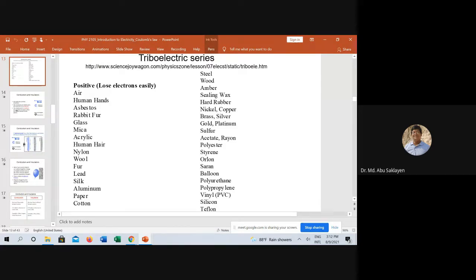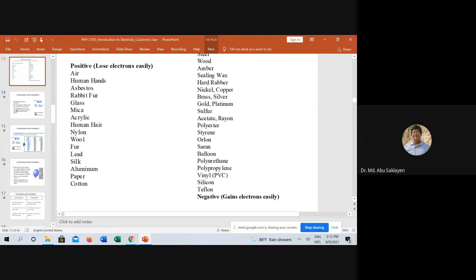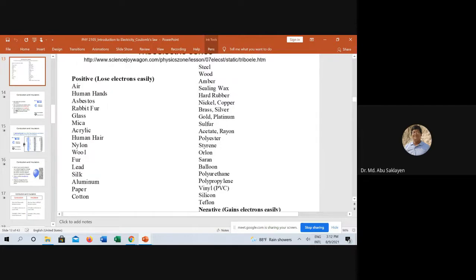Glass, আমরা দেখলাম যে গ্লাস কি করে, যখন তুমি সিল্ক ক্লথ দিয়ে এটাকে রাব করে ইলেকট্রন লস করে এটা পজিটিভ হয়। অন দ্য আদার হ্যান্ড দেখো রাইট সাইডে ফার থাকতে পারে, এটা ইজিলি ইলেকট্রন গেইন করে। টেফলন, ফার, হোয়ার ইজ ফার? ফার ইজ দ্য রাইট সাইড।